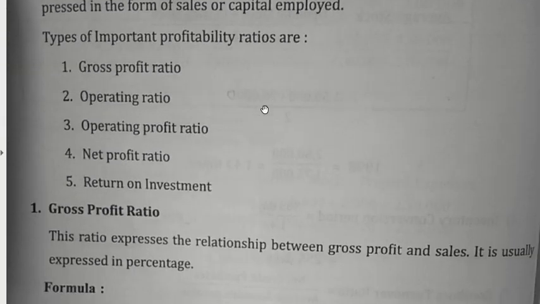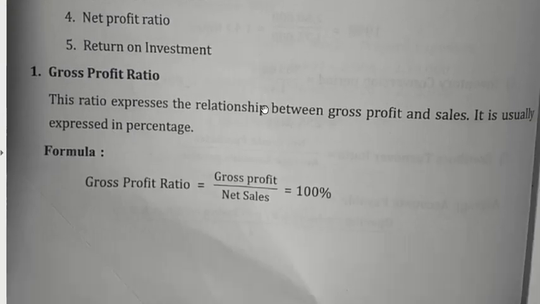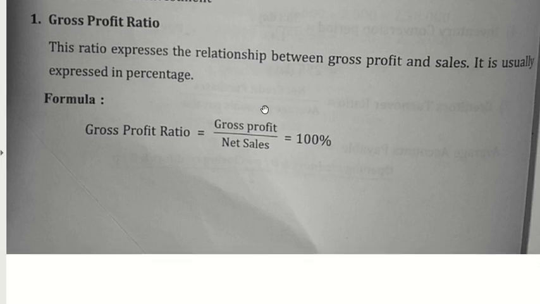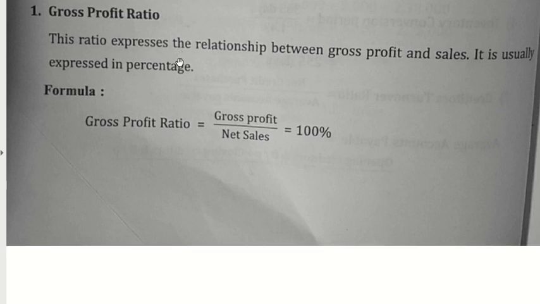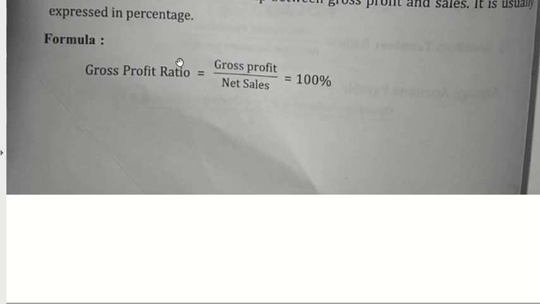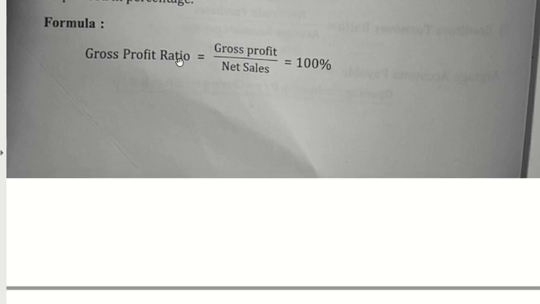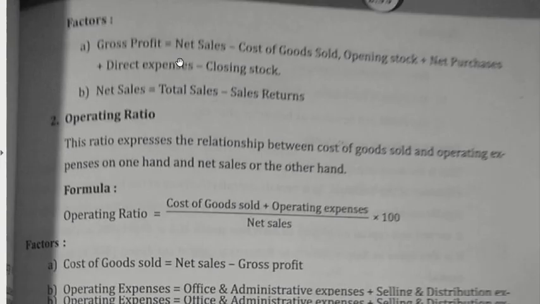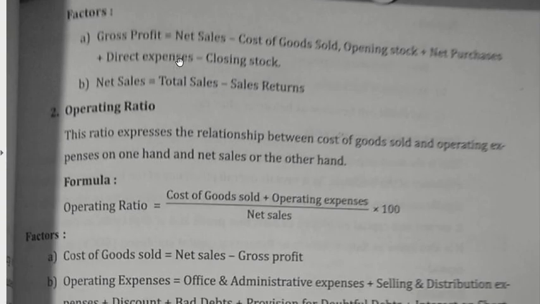The first one is your gross profit ratio. This ratio basically expresses the relationship between gross profit and sales, and every ratio in profitability ratios will be expressed in the form of percentage. So your gross profit ratio is gross profit divided by your net sales into 100. How do you calculate your gross profit? Gross profit is equal to net sales minus cost of goods sold,